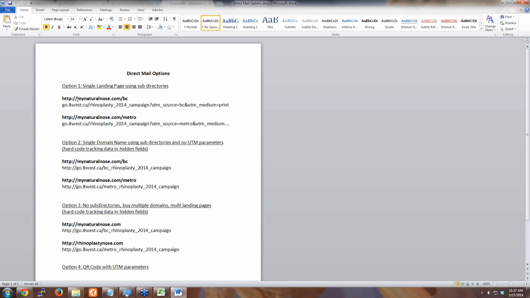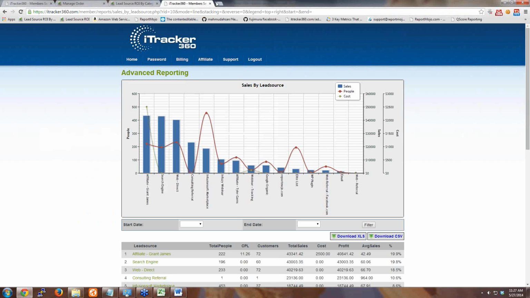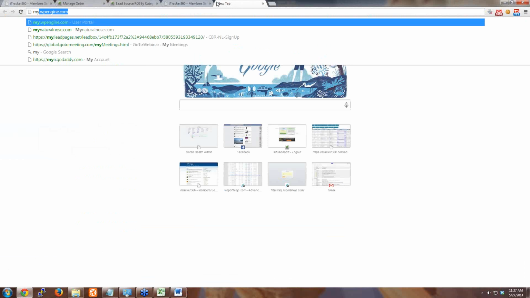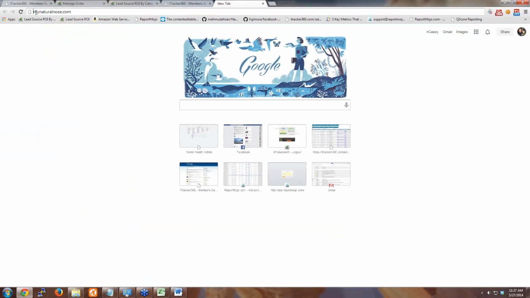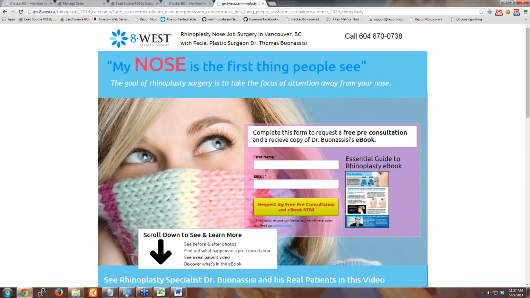So they had a number of advertisements through magazines, and they wanted to drive everybody to an Unbounce lead page. So what they do is they put a domain called mynaturalnose.com. This is what actually shows up on the magazine, in the print ad. And when they go to mynaturalnose.com, it redirects to their campaign landing page, and they set the UTM